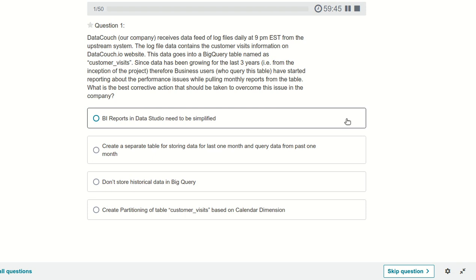Okay, so I have one practice test which has 50 questions, and all these questions are related to the GCP PD exam. So let's try to attempt all these questions and let's see how many, what is the correct answer. So question number one,